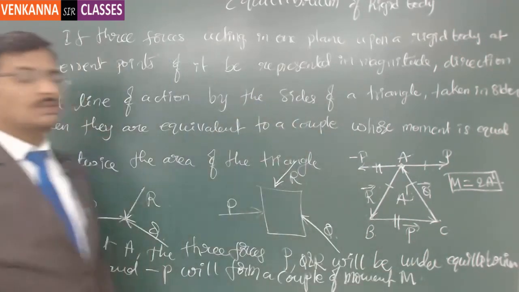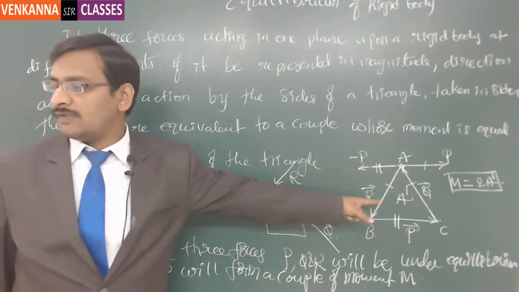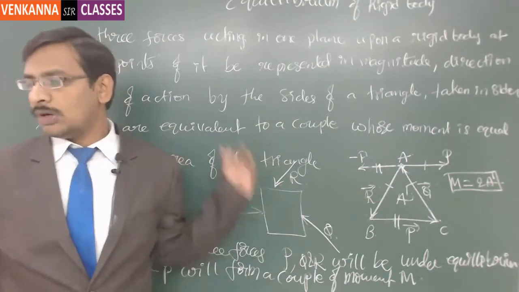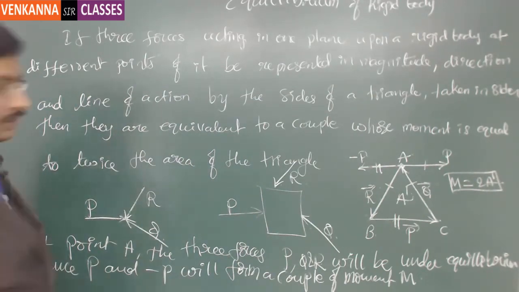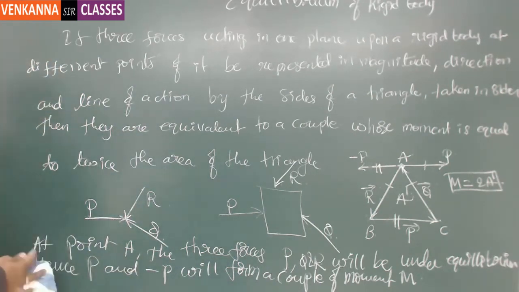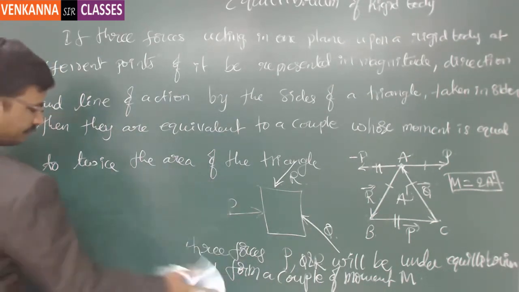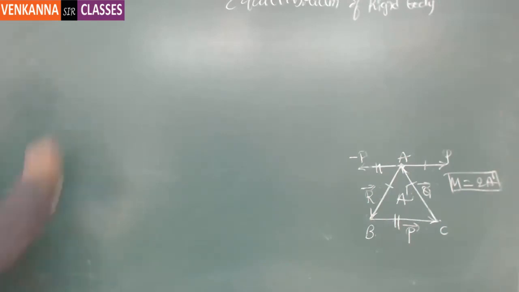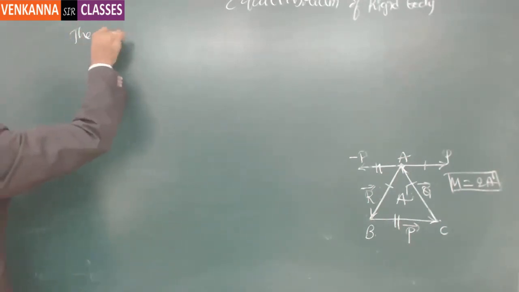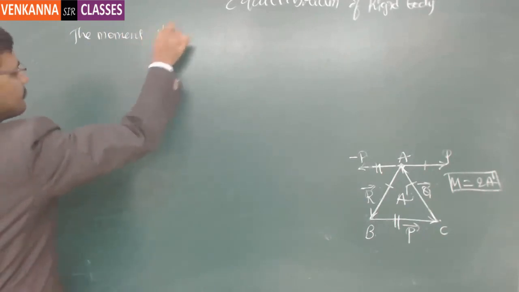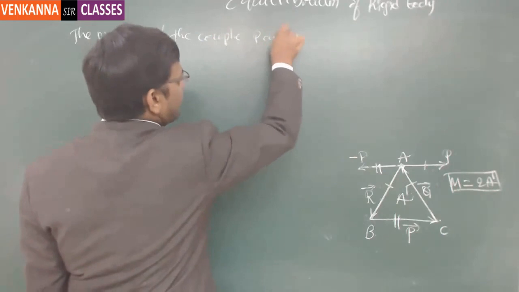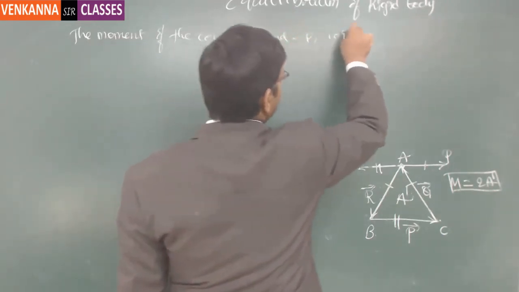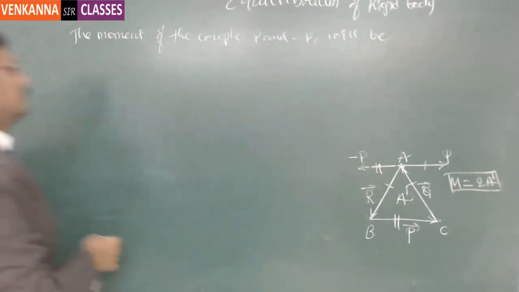Got it? That M should be equal to twice the area of this triangle. That's what we need to prove. So note this down, we are going to prove that. I hope everybody understood this concept. Okay, great. So now we will calculate the moment of this particular couple. Now the moment of the couple P and minus P will be M equal to,